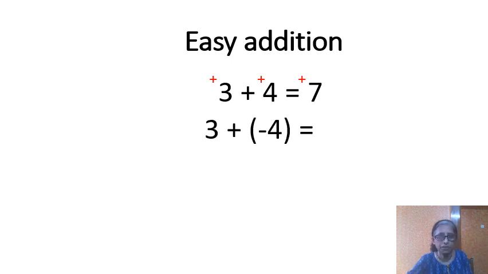Now look at the next question, that is 3 plus -4. Now here you have to see that 3 is having positive sign whereas 4 is having negative sign. So they are different integers, one is a positive integer and the other one is a negative integer. So here you have to do it very carefully. When one is positive and the other one is negative, you have to do subtraction of the numbers. From the big number you subtract the small number. So it is 4 minus 3, the answer is 1.